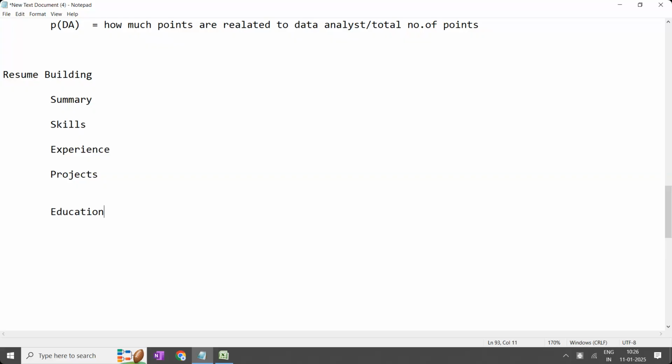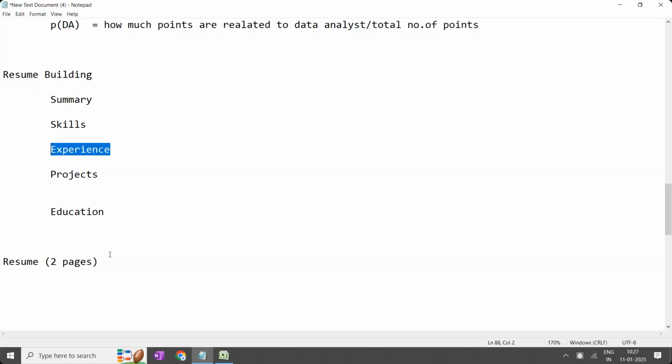It is the same way we write in the exam. The most familiar questions we write at the start, and the questions we are not that familiar with, we write on the last page. In the same way, the resume will be of 2 pages. Sir, one of my friends has told that a fresher resume should be 1 page only. No. Why are we saying 2 pages? He is a fresher. You are not a fresher, right? If you have written experience, it means you are not a fresher. If you are a fresher, how will the word experience be there? Delete that. Either delete the word experience or say that I am an experienced person. Any one, but don't contradict your statement.